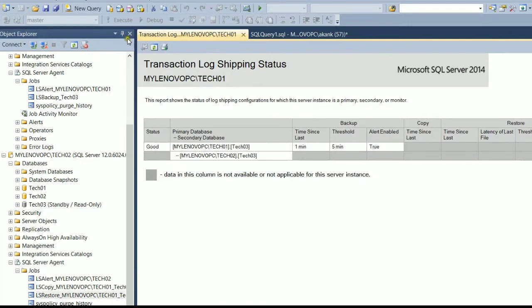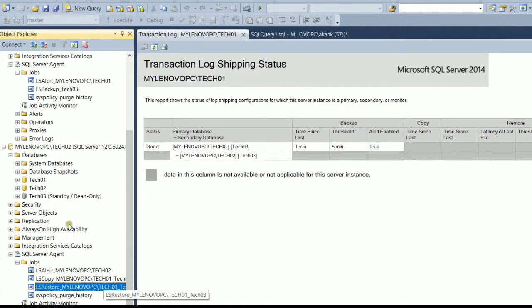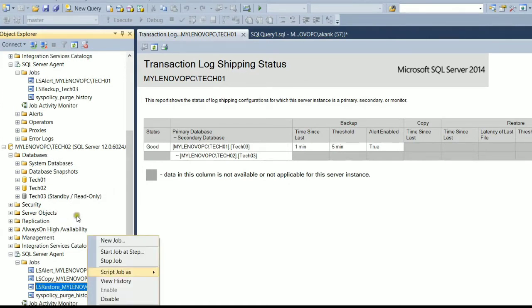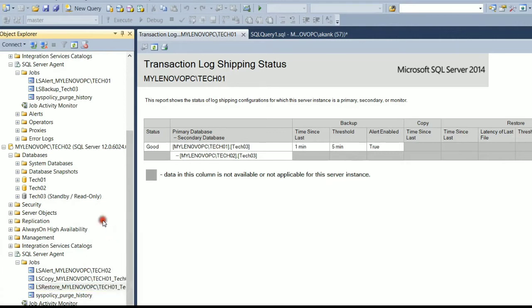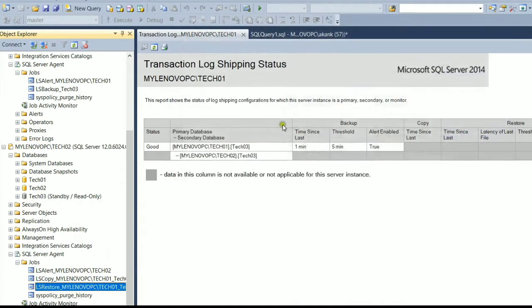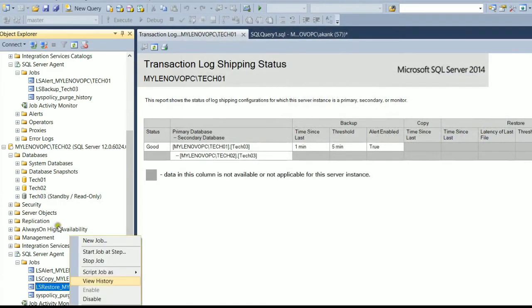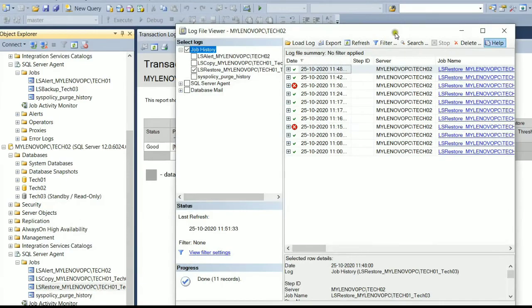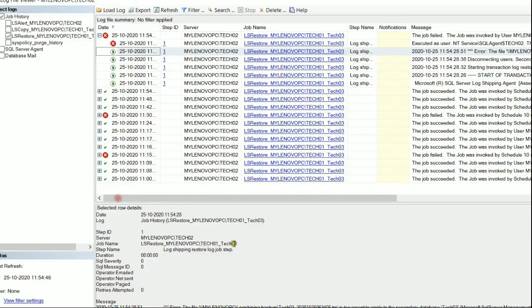Then we'll try to fix it with the help of a differential backup. Let me see the history. I did it last time, but for you guys I am recreating the scene.